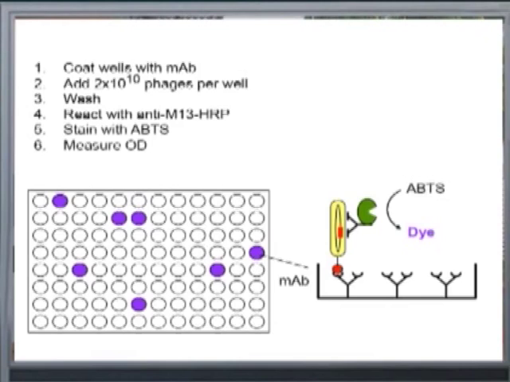In the ELISA test, you will immobilize a monoclonal antibody on the surface of the plate, and then you will allow different types of colonies to go into each different well, and then only those bacteriophages that contain the peptide of interest will be able to interact with the monoclonal antibody, and then you would